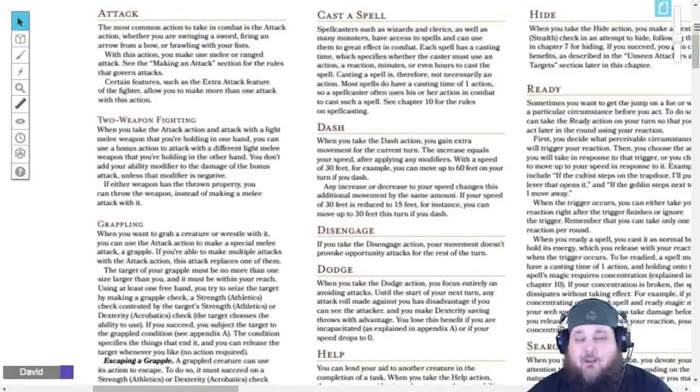So the first one and the most used action is the attack action. This is where you're going to swing a sword, swing a great maul, two-handed, maybe fire an arrow from a bow, maybe from a hand crossbow, or maybe a monk's going to be brawling, an unarmed attack with his fist. So with this action, you can make one melee or ranged attack. So you would do a d20 plus whatever stat you would be using, plus your proficiency if you're proficient in